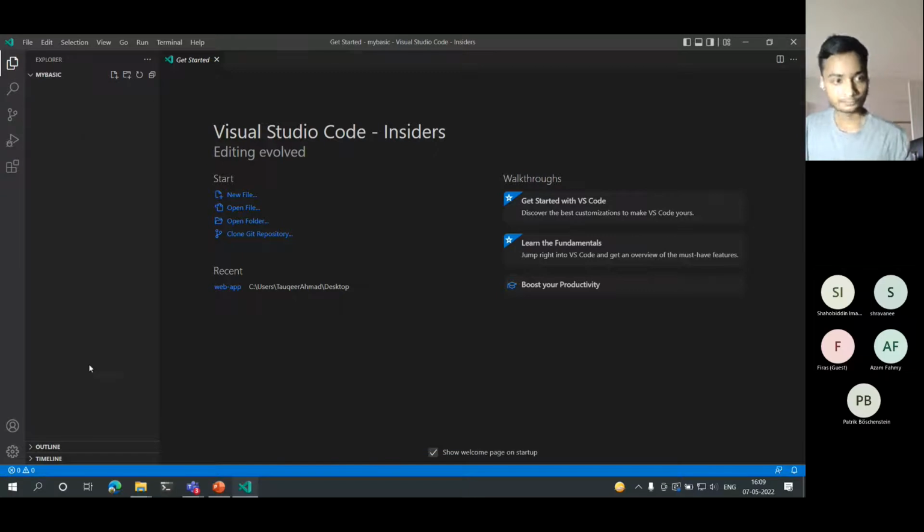And here we are. Before moving into it, I do want to sign into my Visual Studio Code Insider. Why so? Let me tell you. By signing into Visual Studio,